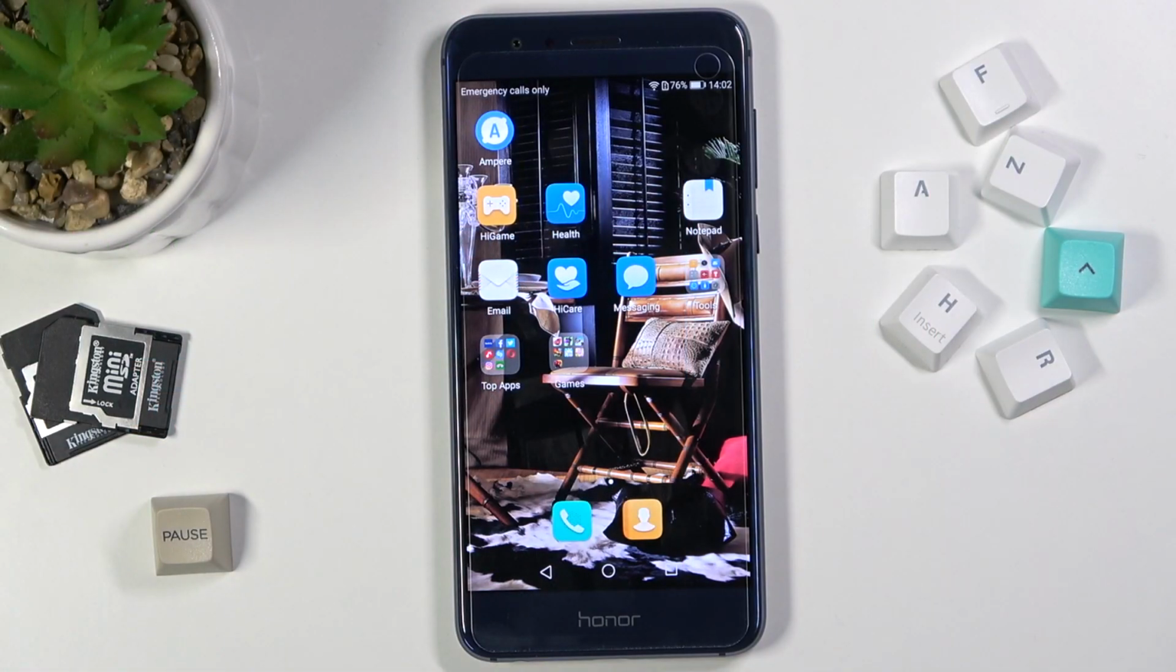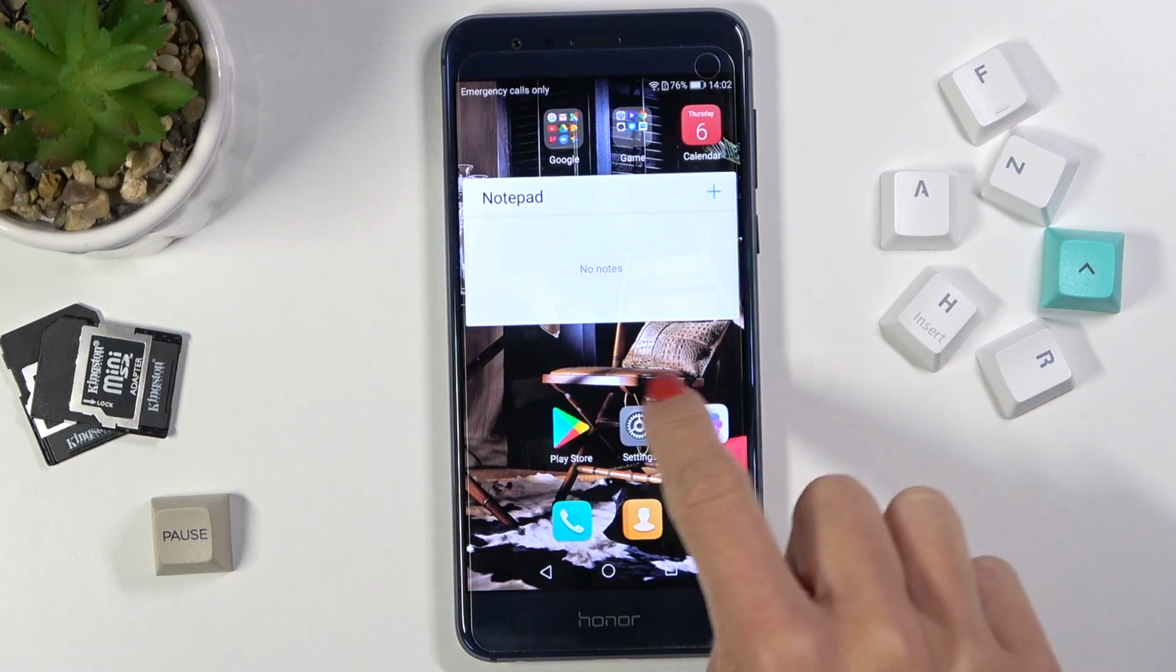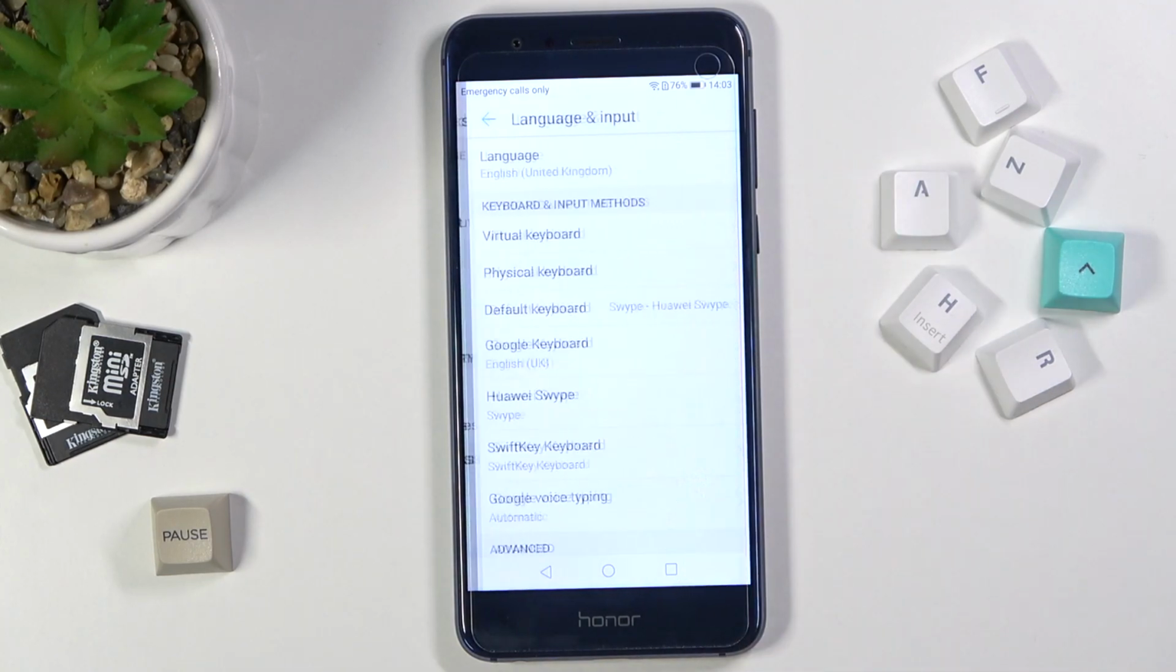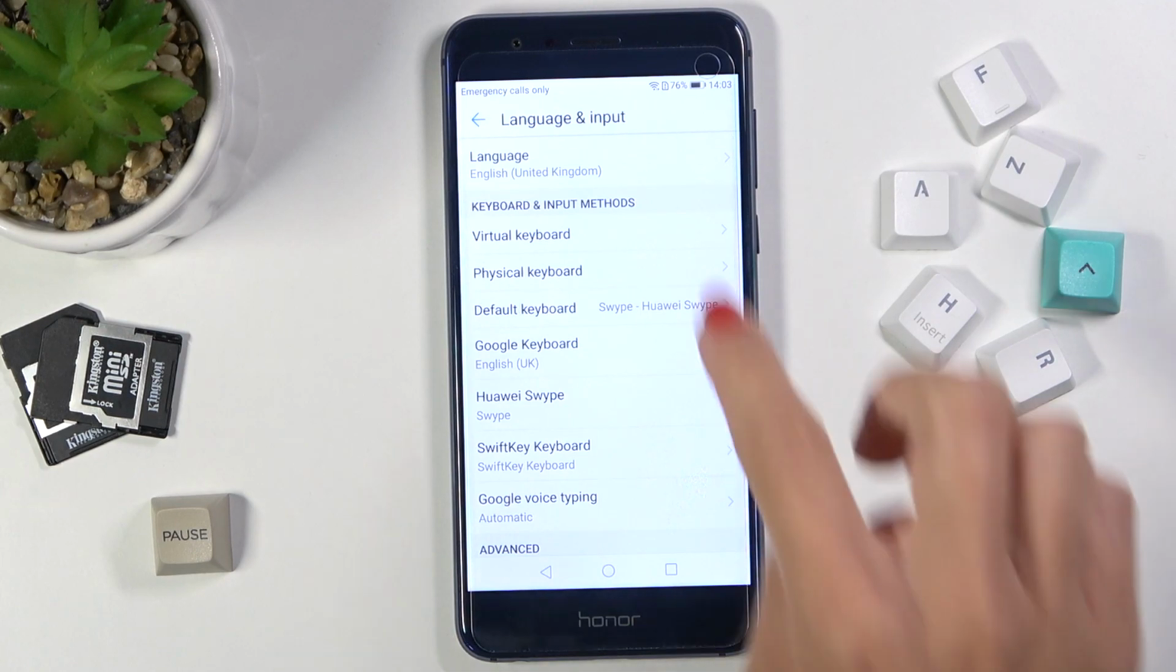In front of me is Honor 8, and let me show you how to change language on this device. So at first you need to enter the settings, then find and select Advanced Settings and go to Language and Input. And then click on Language,